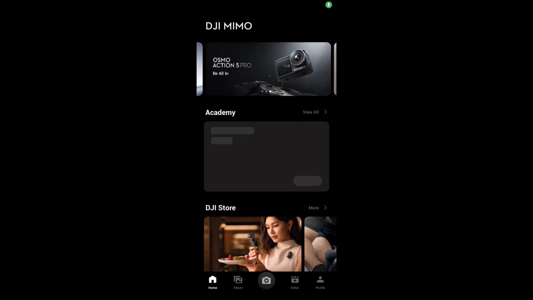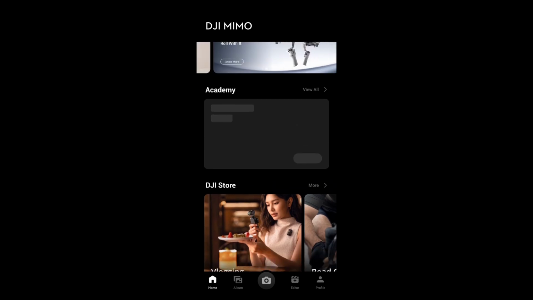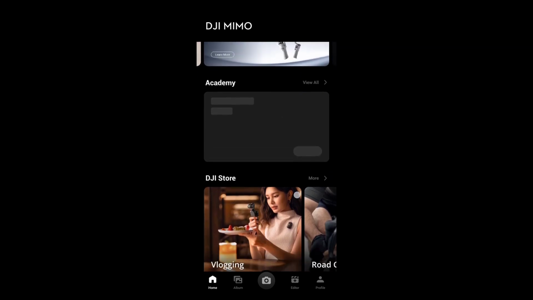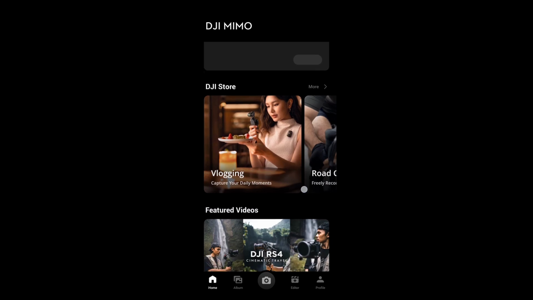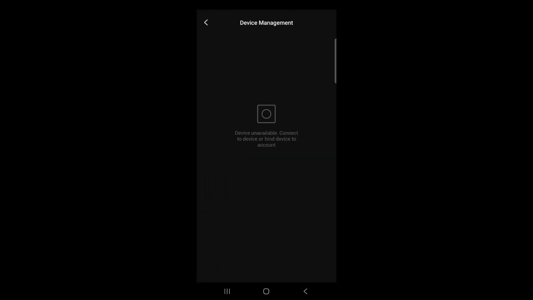DJI microphone and you're trying to connect it to your Mimo app on your Android phone but having issues, this video will hopefully fix the issue for you. So I have a DJI Mic Mini and I've connected it through Bluetooth. Now if I go to Profile and Device Management, it still says device unavailable, connect to device or bind device